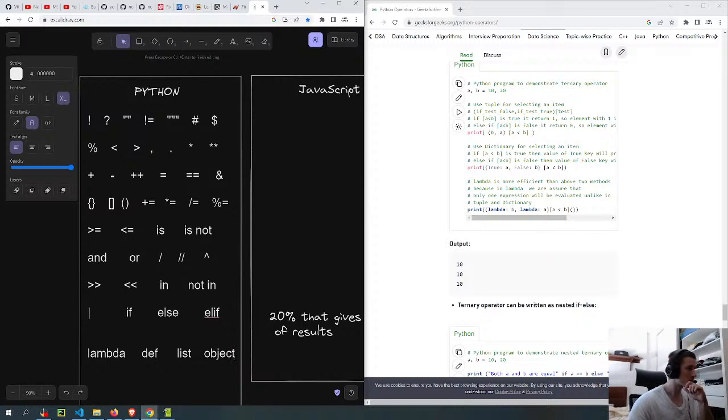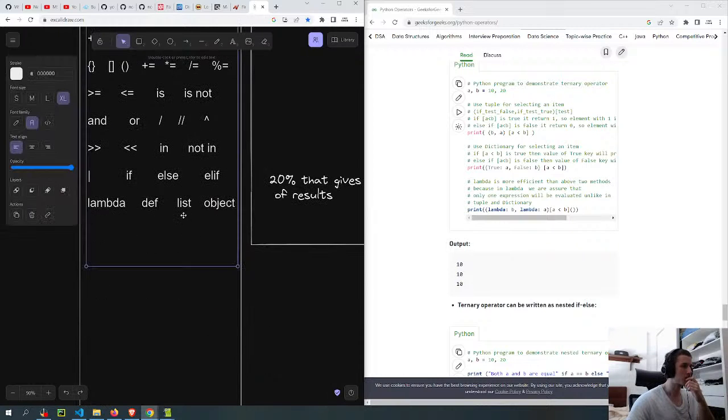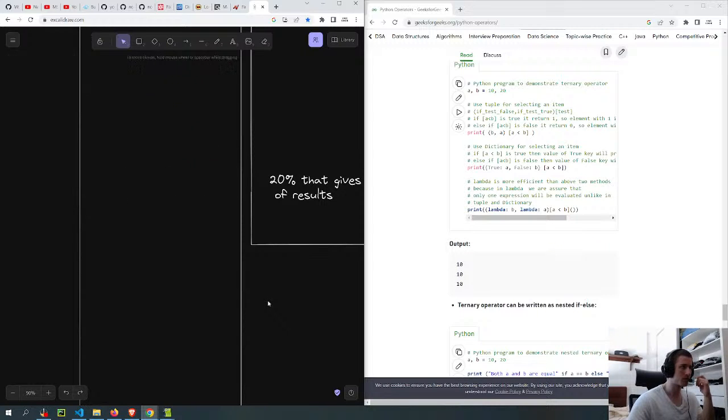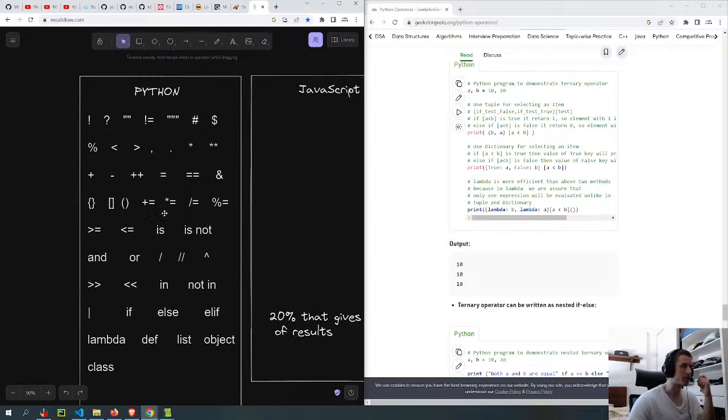I think it does have, but maybe it would be better to separate the letters from the symbols as well.